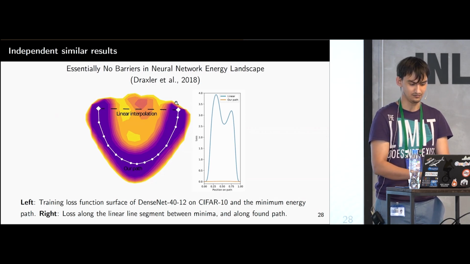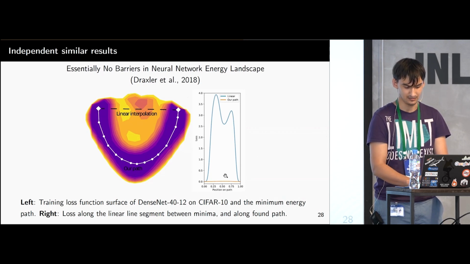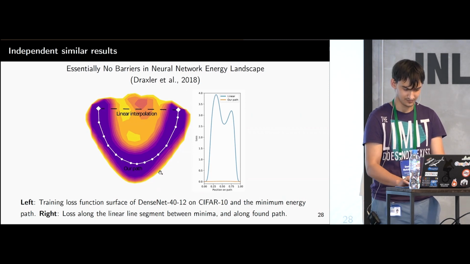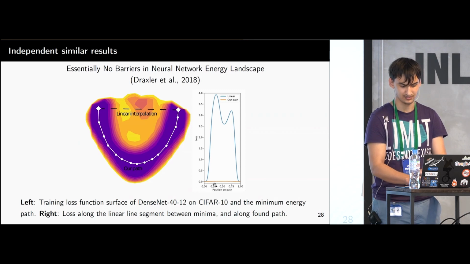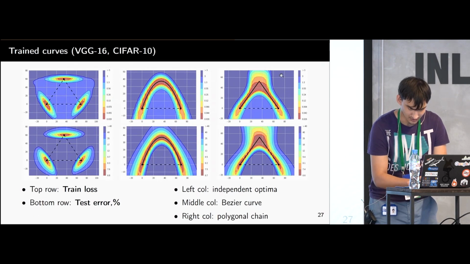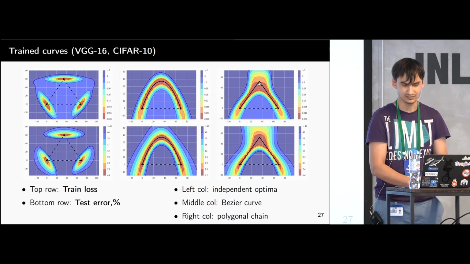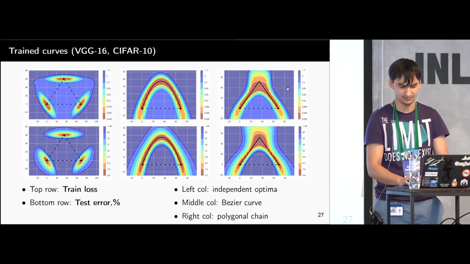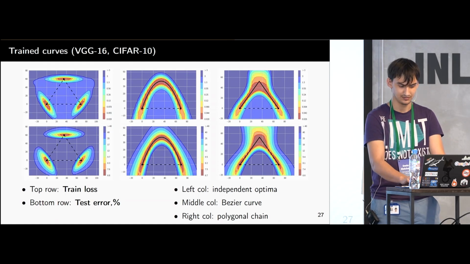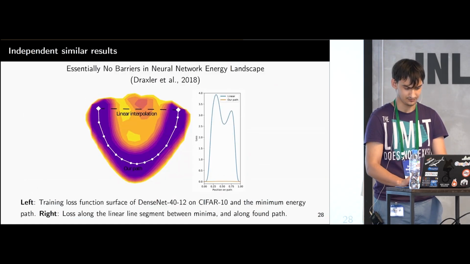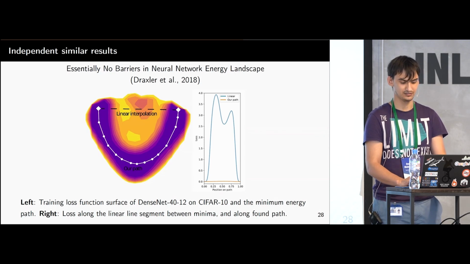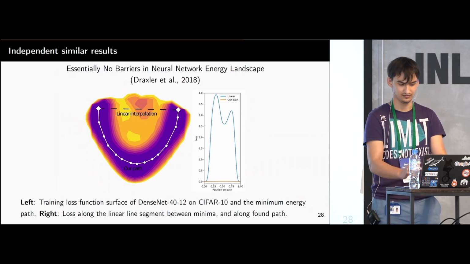So they have a polychain with a lot of different points, but they obtain a closer fit to the actual loss landscape, so that the training loss remains completely constant. In the case of these polygonal chains, for example, you can see that at this point it goes up a little bit, but this is just because the curve is so simple. If you make it more complex, adding more parameters, of course, you obtain a much better fit. So they still can be connected.